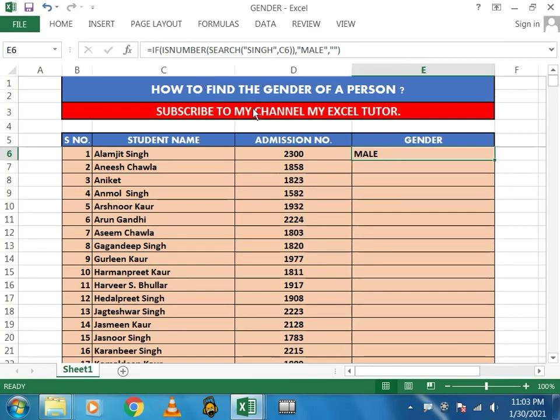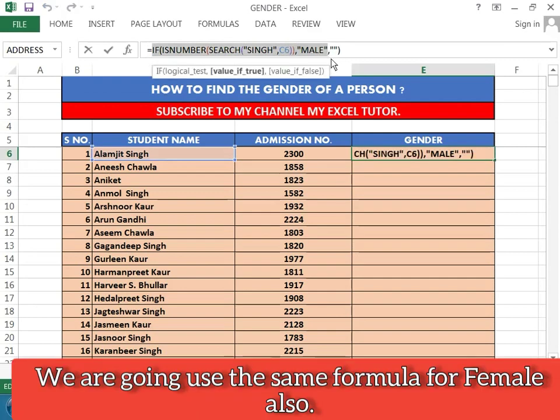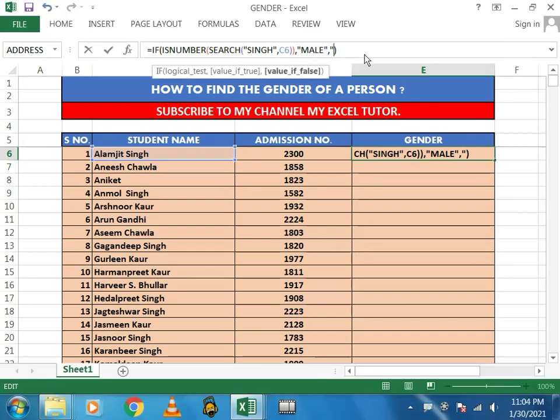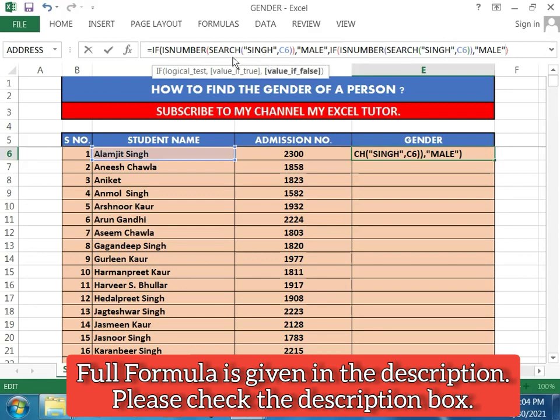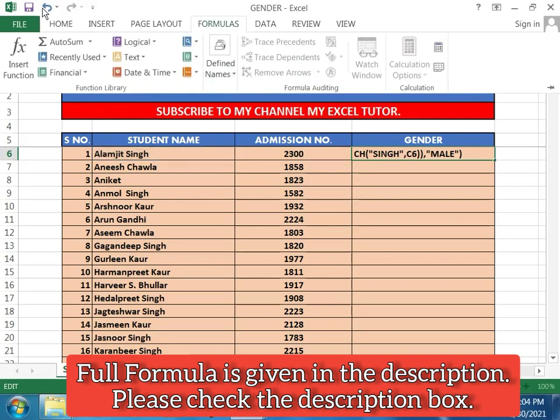Nested if means if the sign is not there, something different will be there. So we can use that one. For that, the second one is Kaur. So I am going to copy this formula once again. Okay, so Control C for copying the data, and Control V for pasting it. Now if the statement is true,